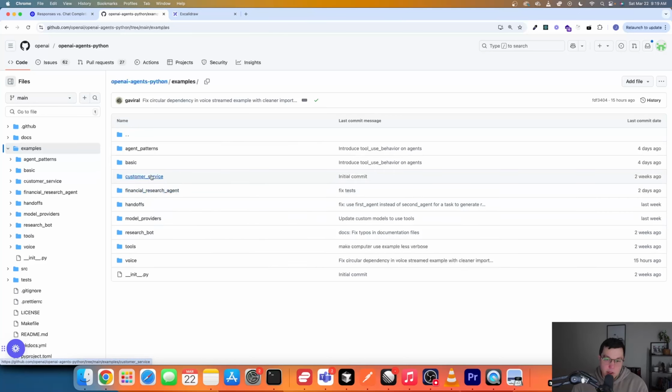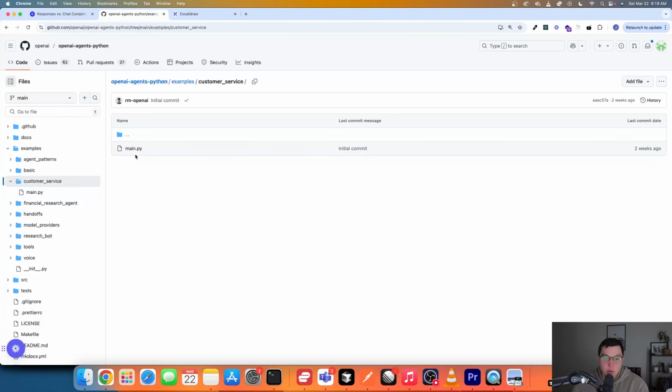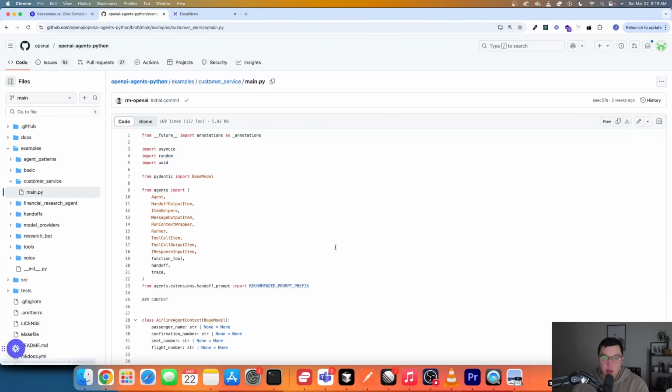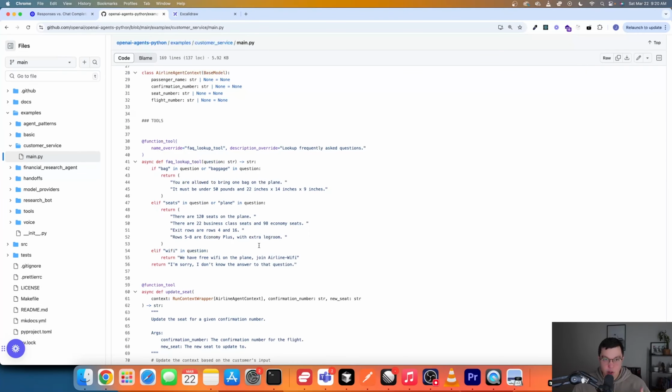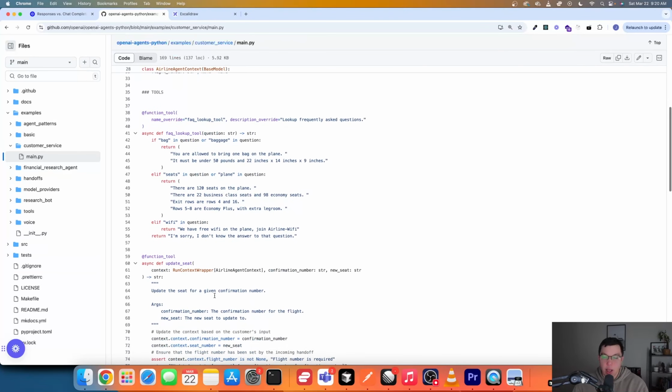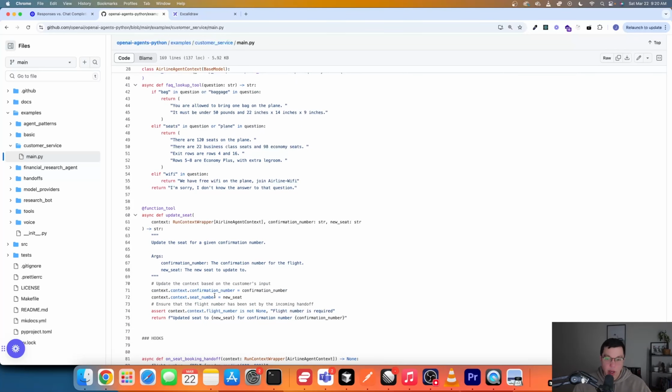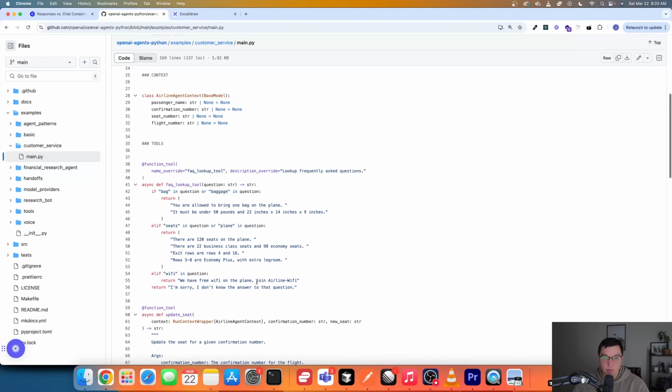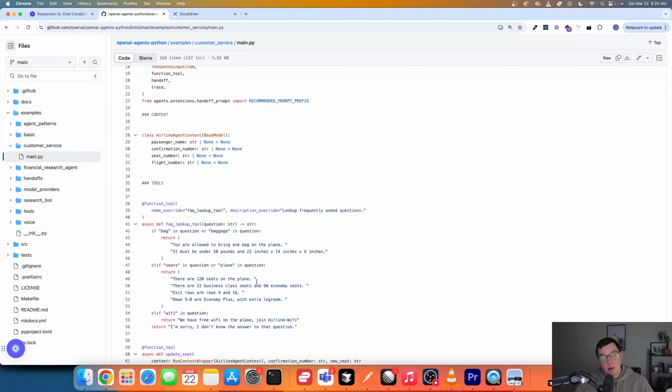I'll probably at some point, once I've had a little more time to play with this, do another video just on this Agents SDK. But even just going through their GitHub repo and looking at some of the examples of different agents they've built, I really do like the structure of how they're approaching the problem of building agents. And fundamentally, behind the scenes, all this SDK does is facilitate everything that we were just looking at in that example, and a little bit more.